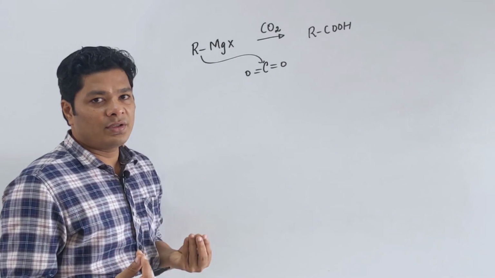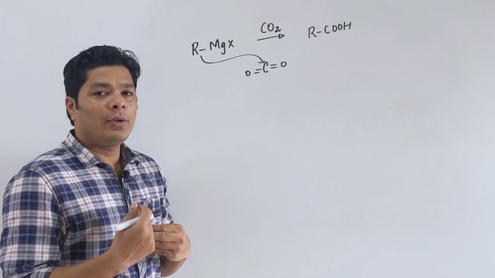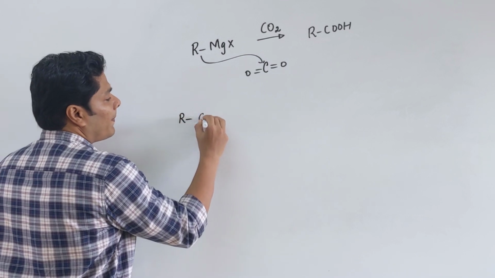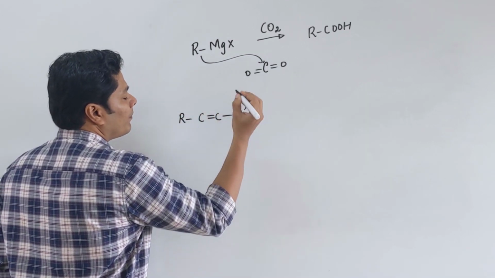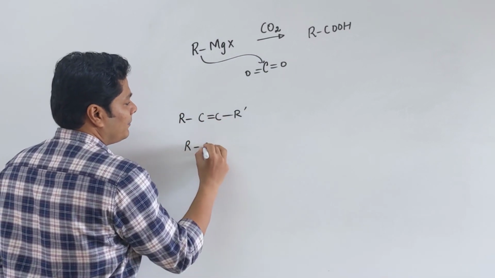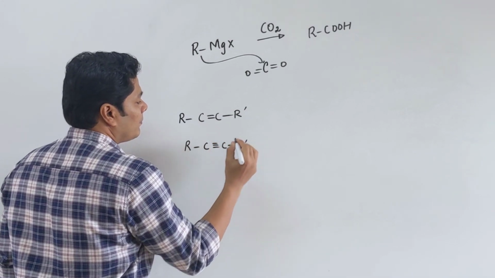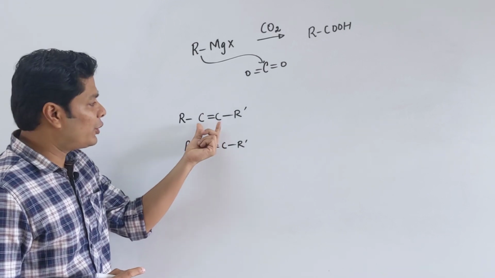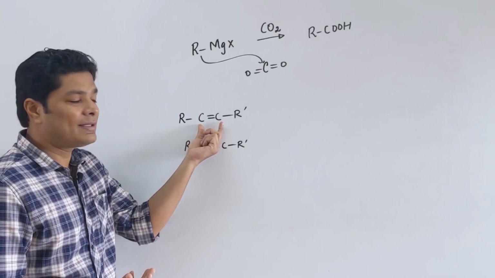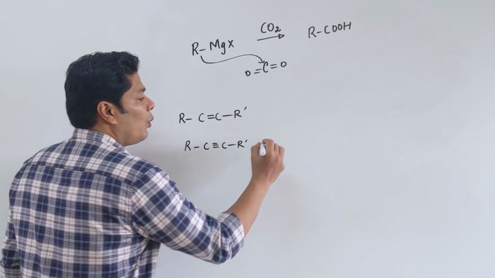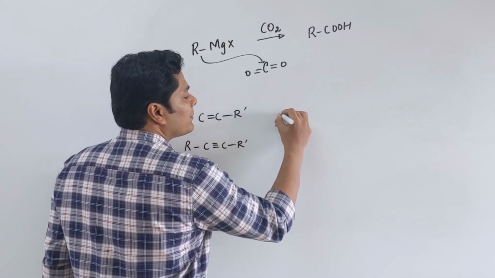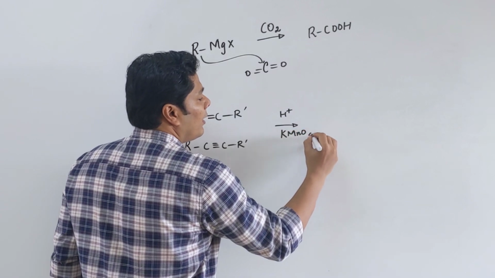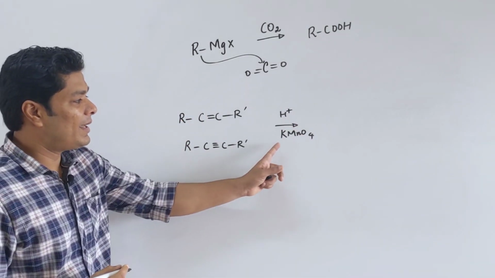One other way of synthesis of an acid, which you have seen in your reactions of alkenes or an alkyne. So here and there are two hydrogen atoms. I am not showing you that. You are expected to know that the hydrogens don't have to be shown. It just looks simpler. We can use acidified potassium permanganate and heat,